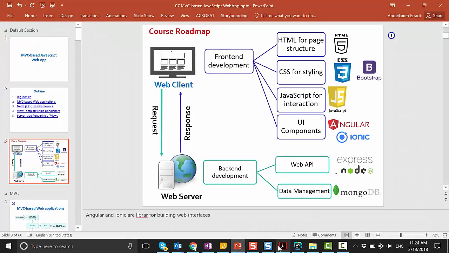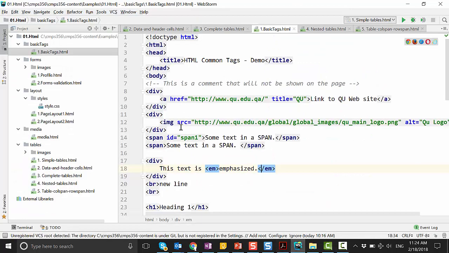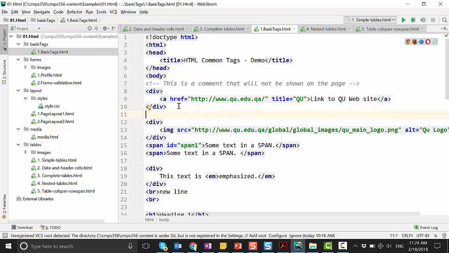Which tag do we use? Yes, we have this A anchor tag, the A tag. We use this A tag to create a hyperlink. And the way we do so,